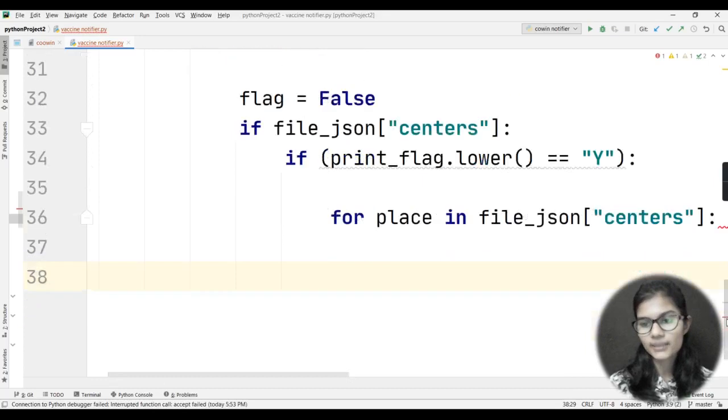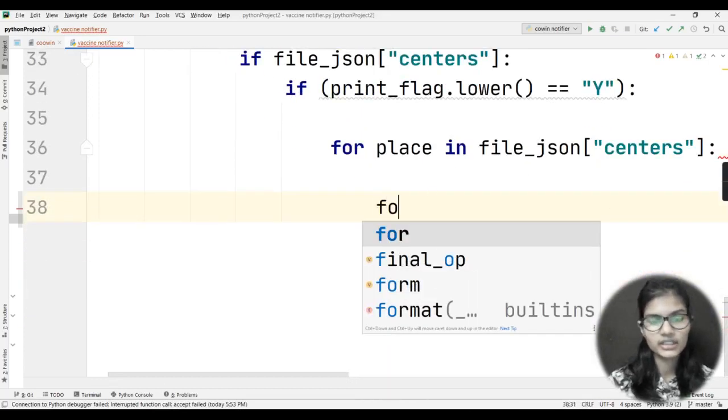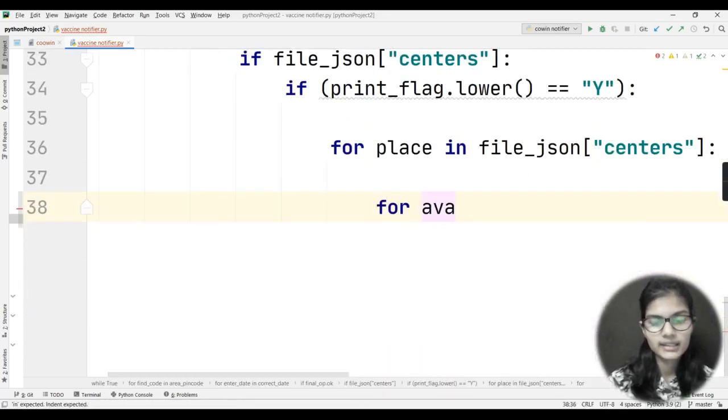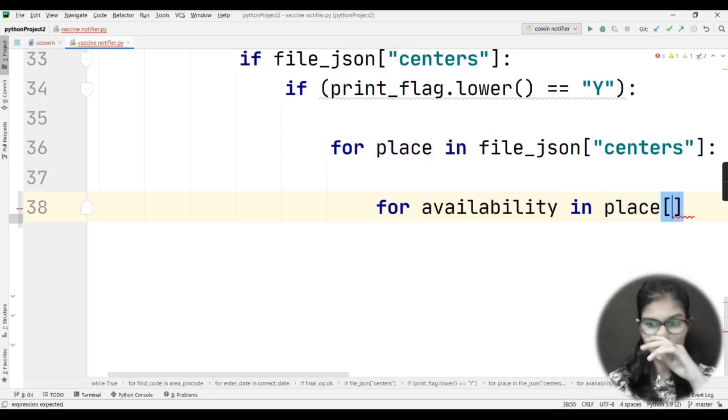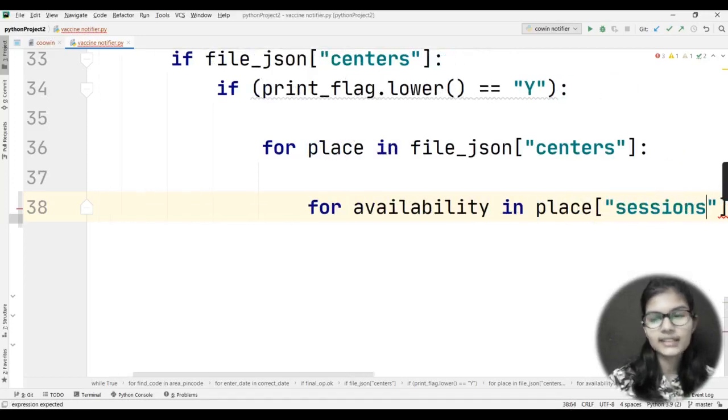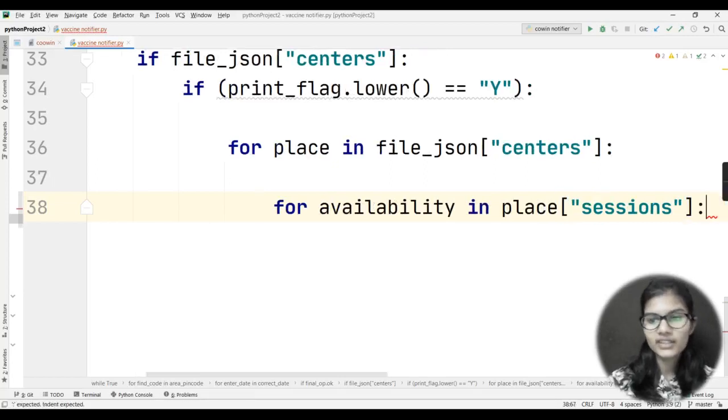Now what I would be doing here is coming down and again applying one condition, that is for availability. Okay, for availability in place, and what I would put here after the place is the sessions. Sessions is another column that we have in that JSON file.